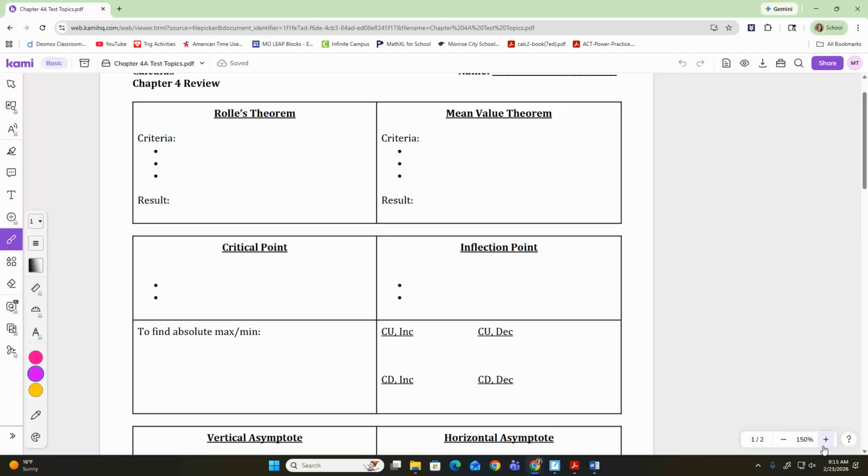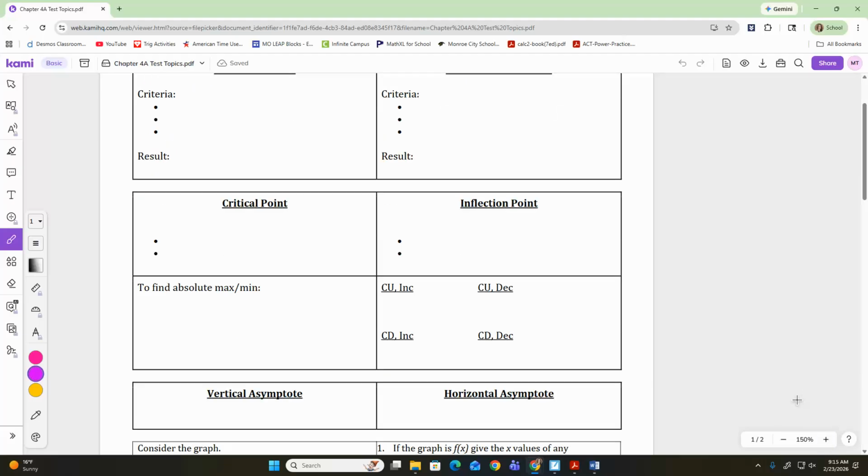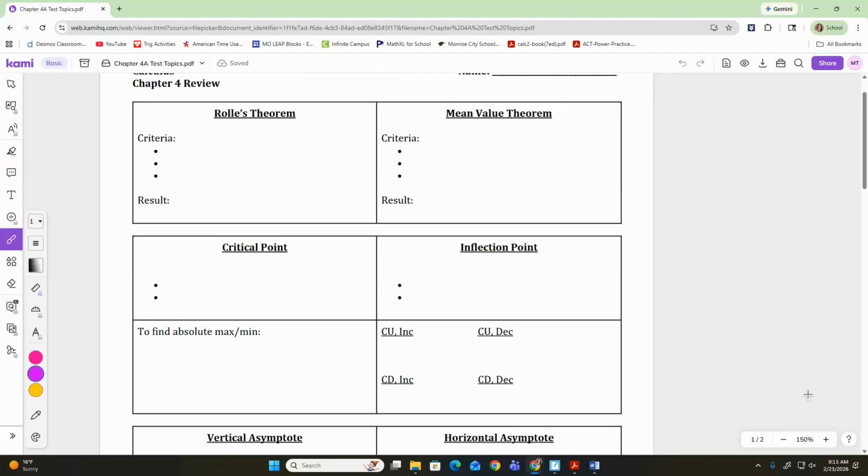Kind of organize it for you a little bit to make it easier if you're trying to look over some things and review before this test tomorrow. Make sure you know your criteria for Mean Value Theorem and Rolle's